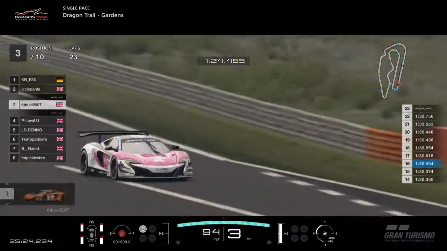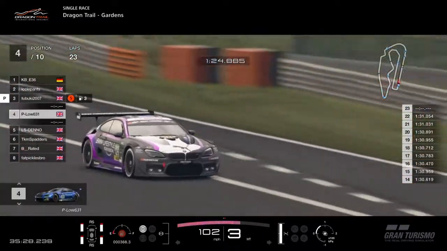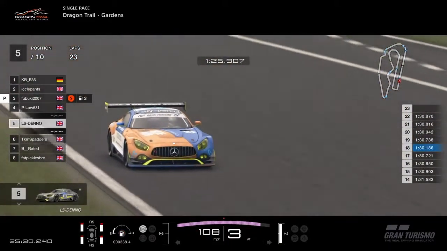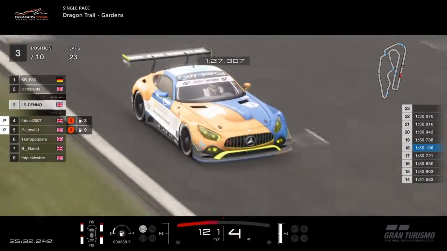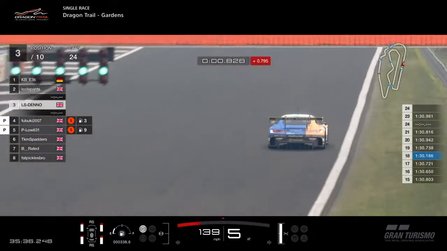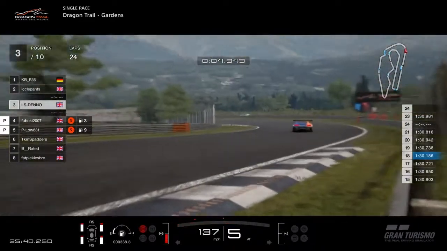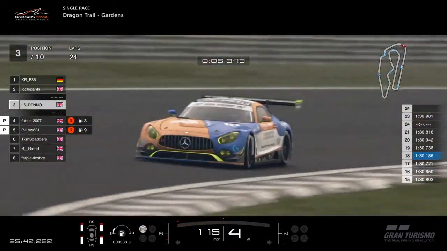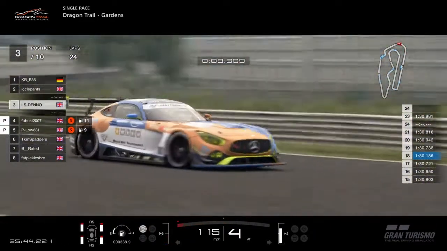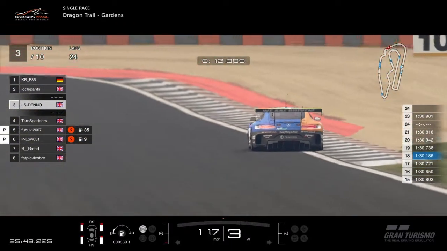Icklepants is going to go again. Fubuki's going to have to come in now, so we'll see what he does. Pilo also pits. Deno's going to stay out, so now Deno has the chance at the overcut, which isn't that strong at this track. Getting an overcut is quite difficult because you are very tyre limited at this track. Once your tyres go, your lap times drop off a cliff. So if Deno's tyres don't hold up,